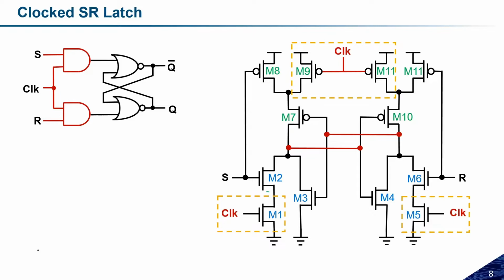Now the operation will be the same as the previous one, so I don't need to explain. I think this is homework, you need to do it. If the clock is activated, then try to calculate the CQ and CQ bar, like the lumped capacitance at Q and Q bar. So let me label the outputs. Here we have Q, here we have Q bar. So try to calculate the capacitances at Q and Q bar, just like what we did in the previous slide for this clocked SR latch. So this will be really important to understand.